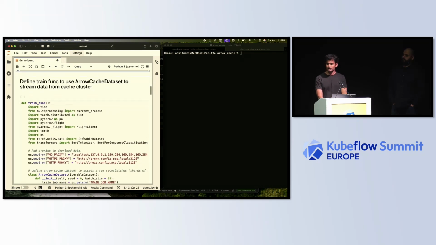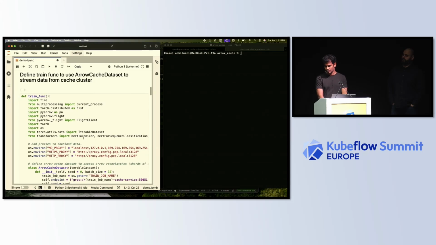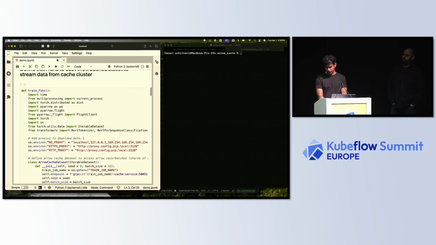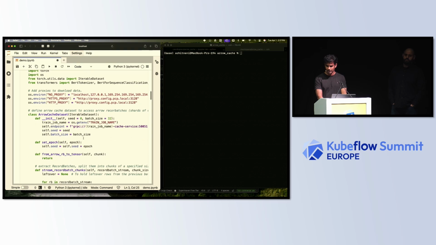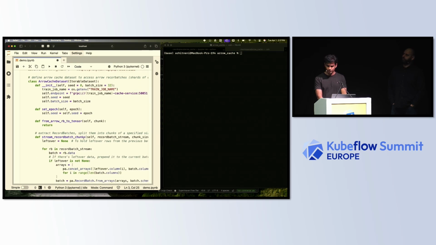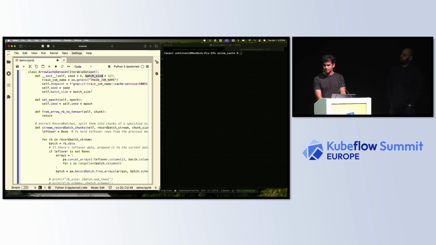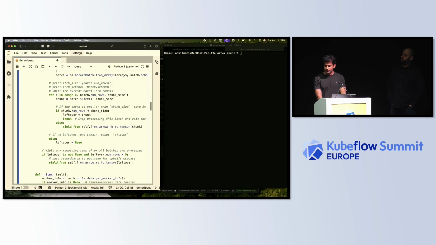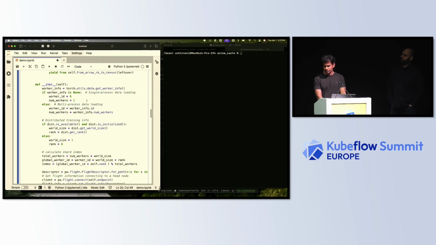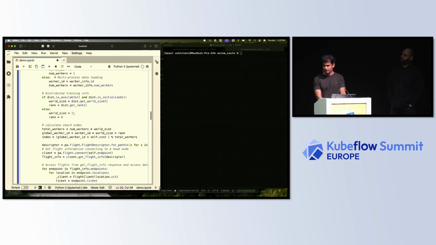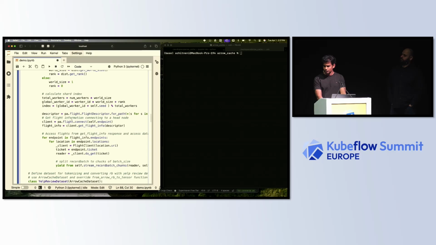And the next step, we'll specifically use to create a training function which would actually access data in the cache. In order to do that, we are interested in creating a cache dataset API, which is an iterable dataset from PyTorch, taking in the batch size. And in the iterator, we actually calculate the shard index dynamically for that specific dataset and use the flight client, which